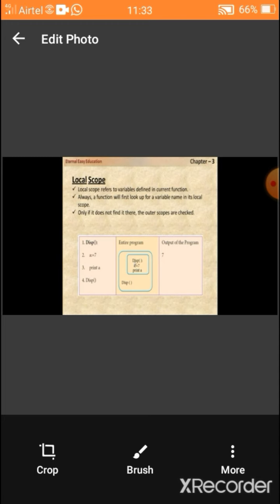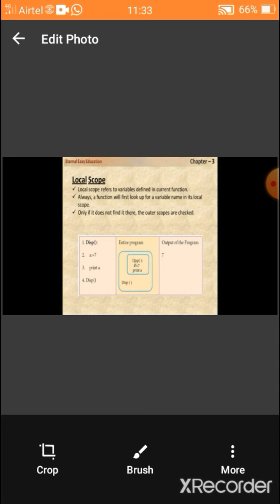Look at the example. In the middle box, there are two boxes. The inside box is called the inner function. The outside box is called the outer function. So the inner function is the local scope. In the inner function, there are three statements.